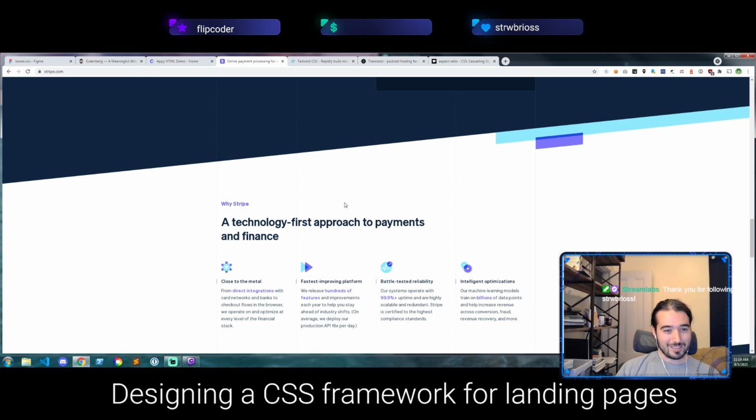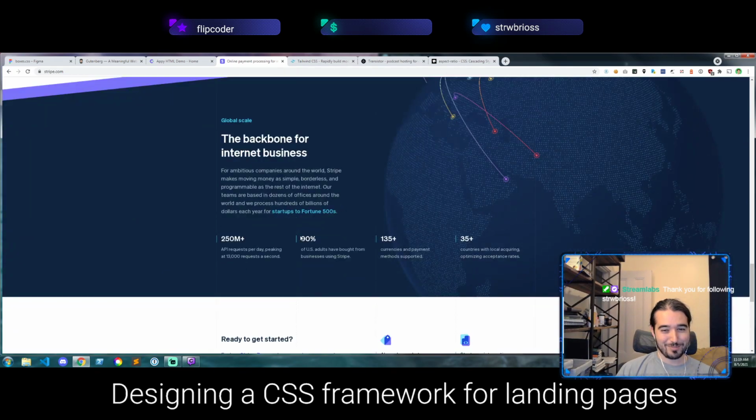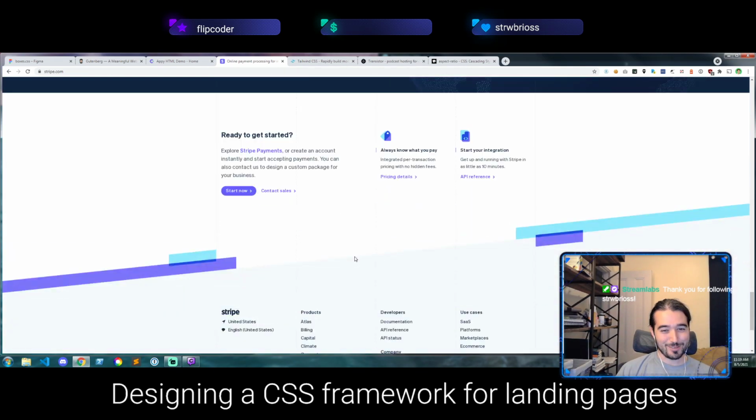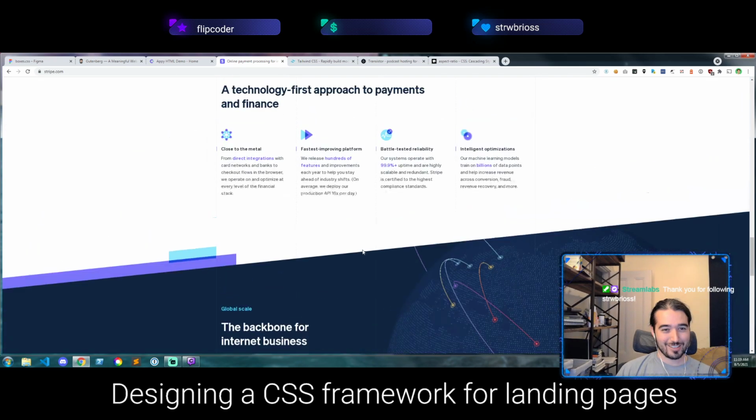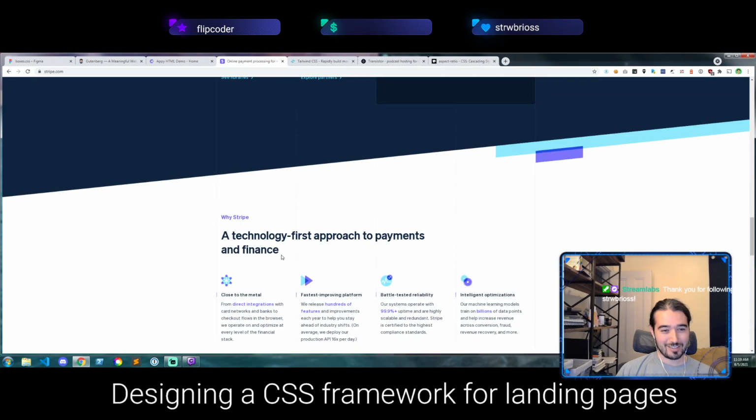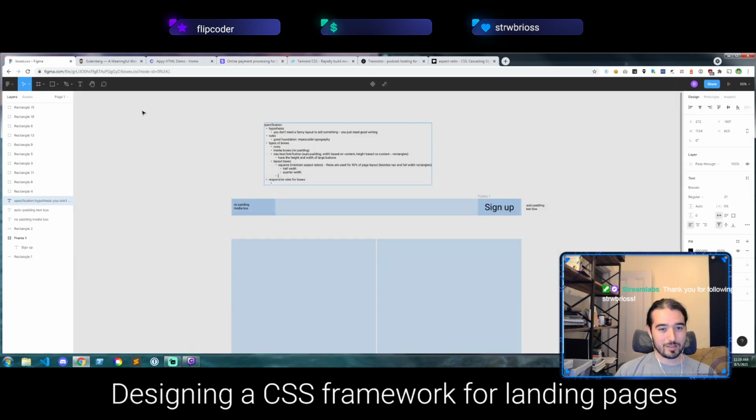Such a boss move to use a 3/4 length grid here. I don't know. It just feels cool. I don't know why it's such a boss move to do that, but it feels like it. But we're not going to have that. We're not going to allow that. You can just have full width